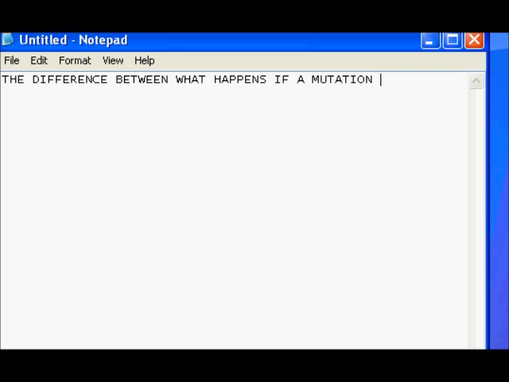So if it occurs in a body cell, what happens if a mutation occurs in a body cell versus it occurring in a gamete. Okay, so here's the difference. If it occurs in the body cell,